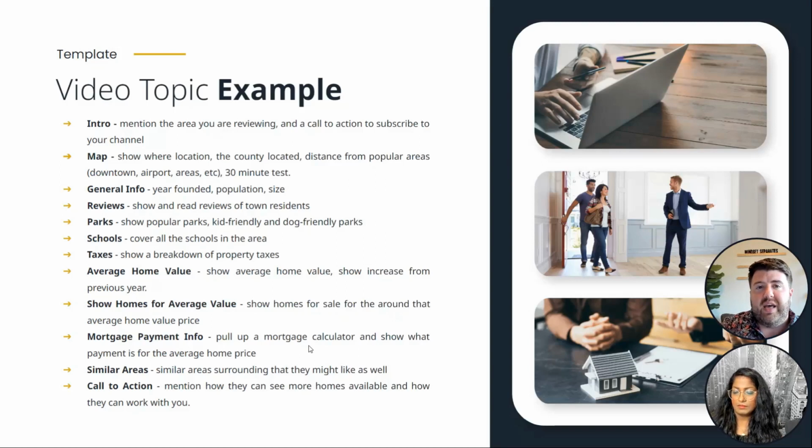But this is another great thing you can do right after that general information: show some reviews that actual town residents say. So you can look up what it's like to live in Sugarland, Texas, and look for some reviews, do a screen snippet, put them up on the screen so people can see them, and then read them to them. Show 3 to 5 reviews of what it's like to live there. Make sure they're a little bit different so they don't say the same thing, but show those positive reviews. If there's a negative review that is a con of living in that area, show that too. People need to understand what is a pro and what is a con of living there.